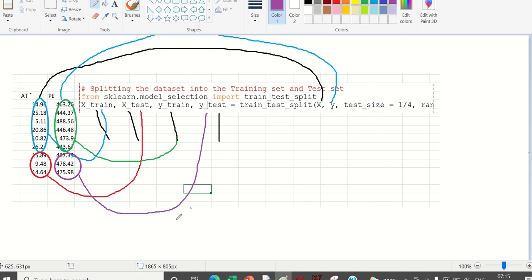So these are Y train, Y test, X train, X test. Hopefully this is clear now.